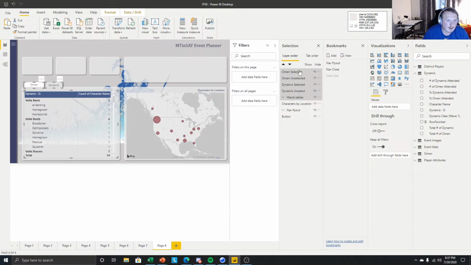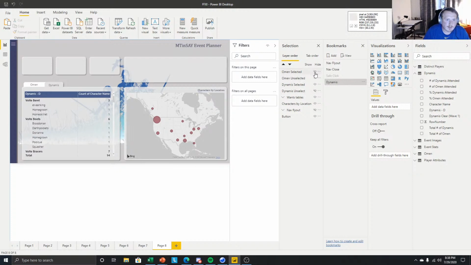Okay, so we got the buttons. We got the matrices with the swap that's happening in there, and we're going to go add. And we're going to go selected visuals, which is incredibly important. And then in this case, I'm going to do data on. I'll show why in a second, but I want to make sure the depth of this table is preserved, which is where the data comes into play. And then I might also be bringing some slicers into play on the Omen piece, so I want to make sure data's turned on in this case. So I'm going to say this one is Dynamis,